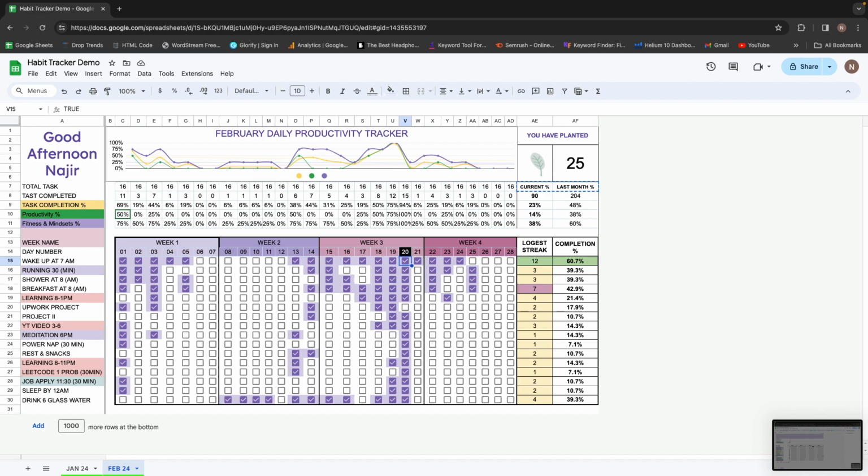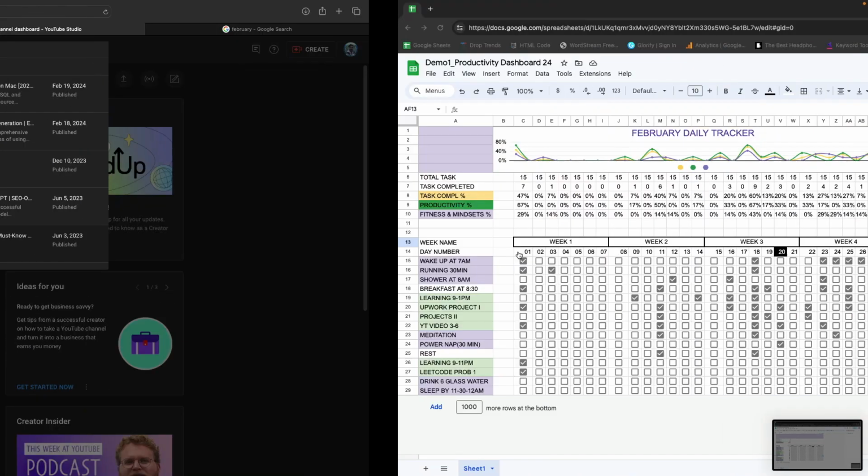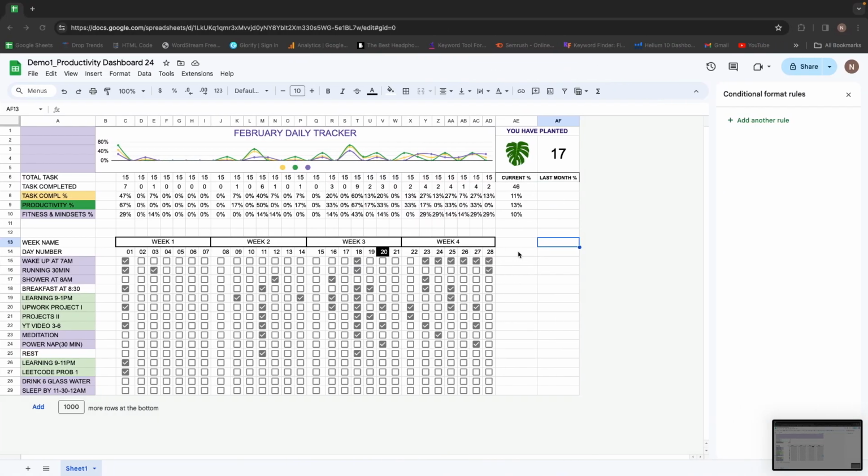So I want that, and the completions. Let's go ahead and do that. Let me merge the cells. I want this, longest streak